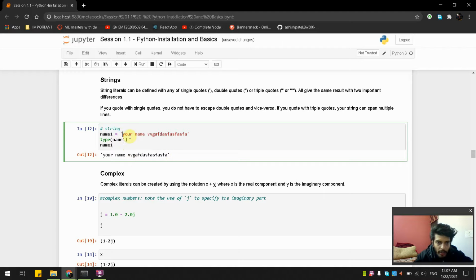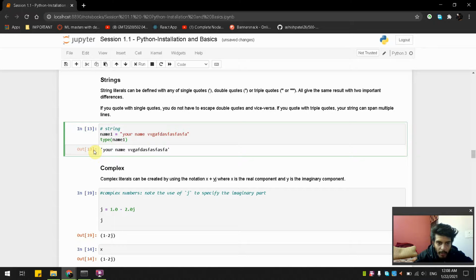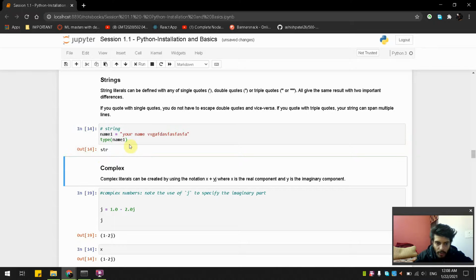If I print it with double quotes, it prints the same. These single quotes just represent that it is a string value, nothing else, so you don't have to worry about them. If I want to know the type of the variable, it shows me string.